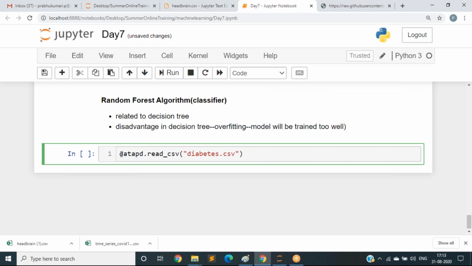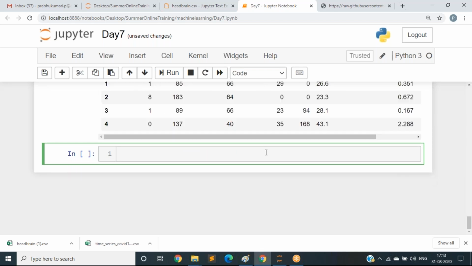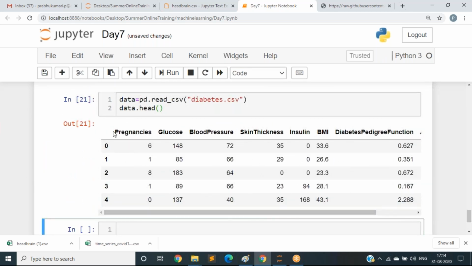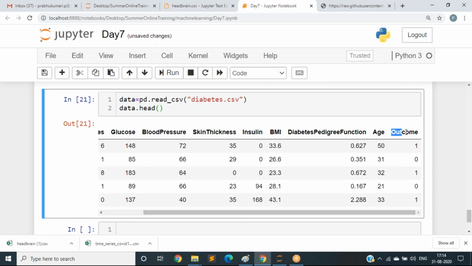I am storing it in a variable called data; you can store it in another variable also. And let us print the data here. Yes, these are the features we have, and this is the outcome.